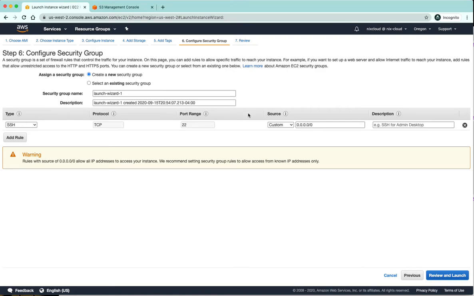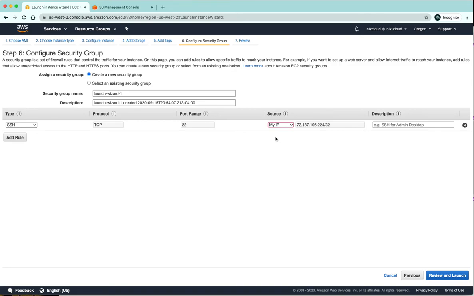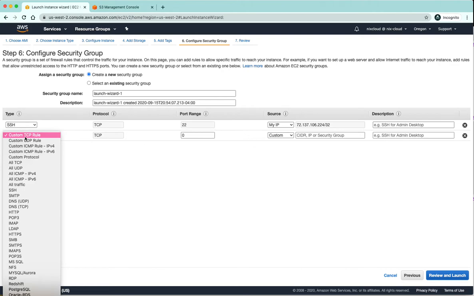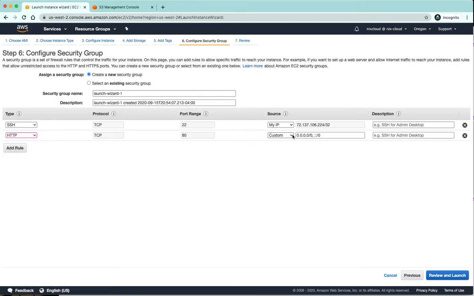Then let's go to this screen. This is also very relevant. Why? Because if I have the wrong security groups, it's going to block my connection. For SSH, I want to confine it to my IP itself. I don't want it to be exposed to everyone. However, HTTP I want to expose to the rest of the world, from anywhere. So I'm going to pick that. In fact, it's a good habit to give a description as well.